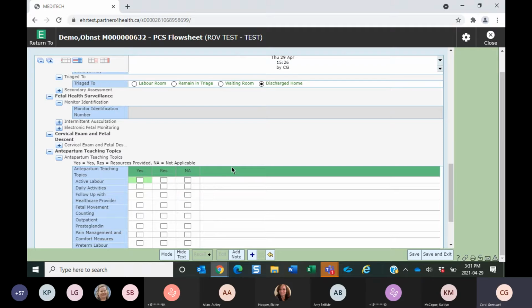So what kind of teaching did I do? What kind of handouts did I give this mom so that I can document against that? You can see you have your legend here that indicates what each of these columns mean. So if I did some teaching, I would check it off. So I did some teaching on active labor. I did some teaching on fetal movement counting, but I also had a handout that I gave the mom for